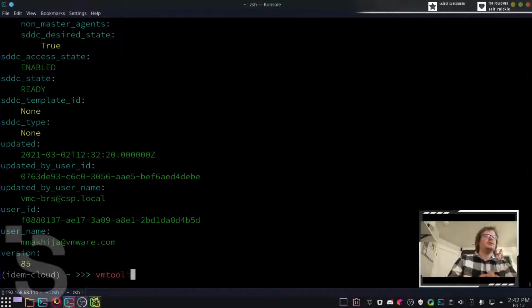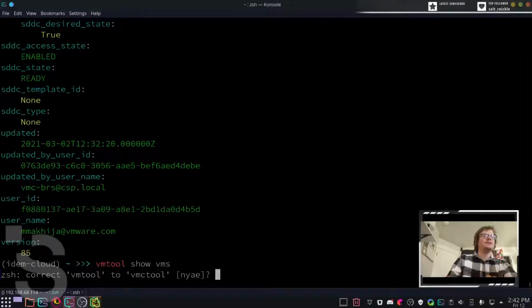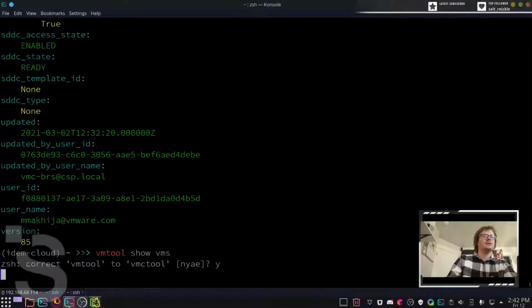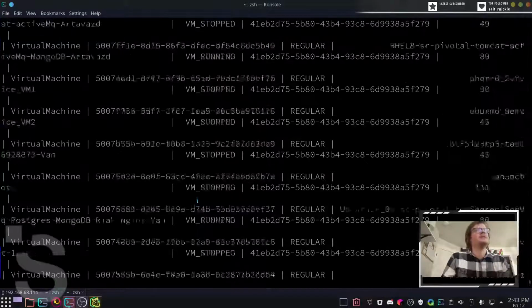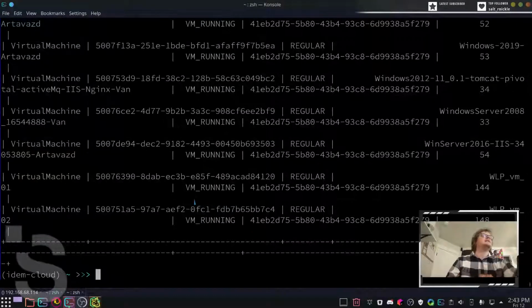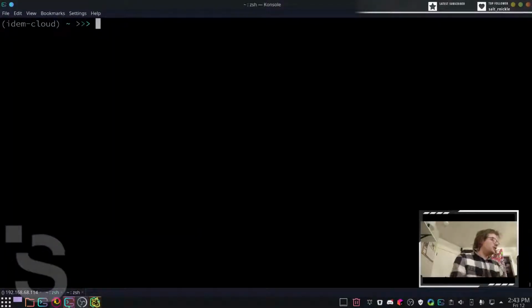So I can say VM tool show VMs. Oh, yes. This one might take a little while because it's got to ping all of my VMC and get the VMs from that. There we go. And we will list all of the virtual machines in all of my SDDCs. So another tool